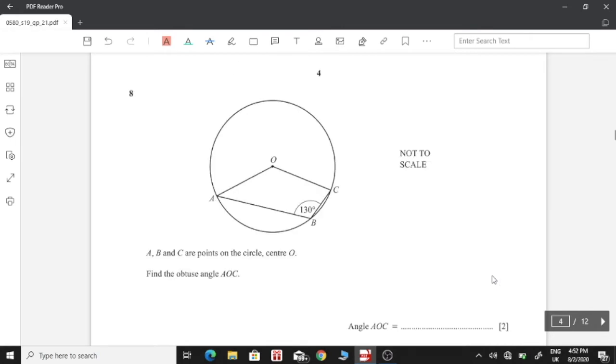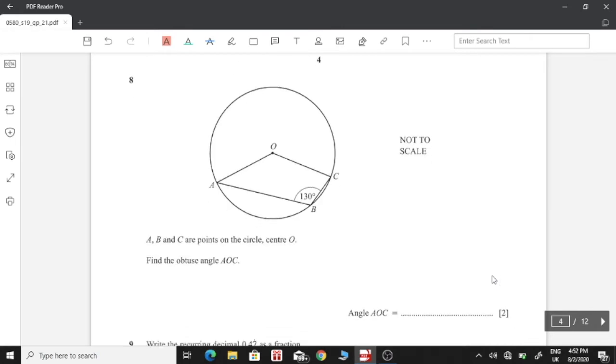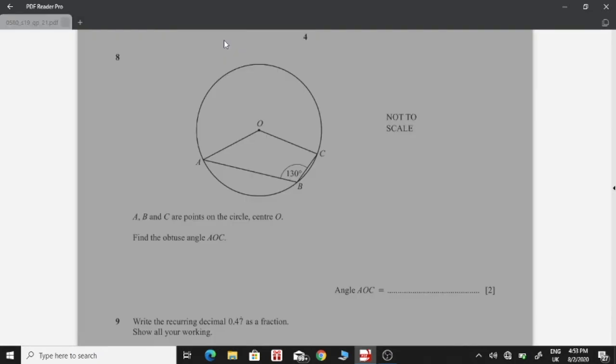Question number 8. A, B and C are points on the circle center O. Find the obtuse angle AOC. So a hint is given as the obtuse angle, which means the angle is greater than 90 but less than 180 degrees. So in this case, let's draw out a cyclic quadrilateral,